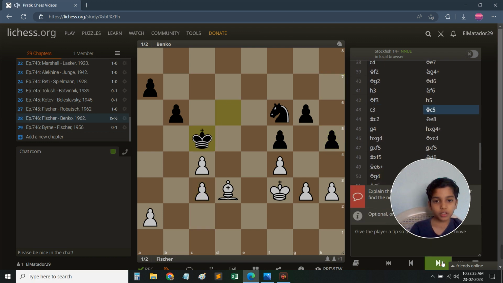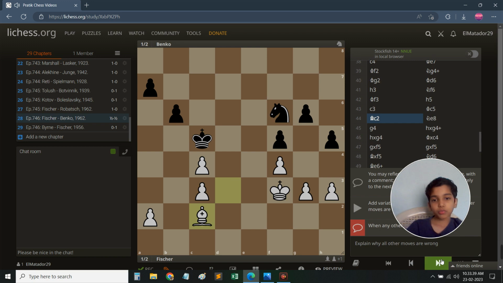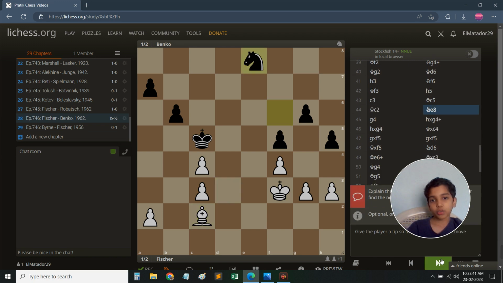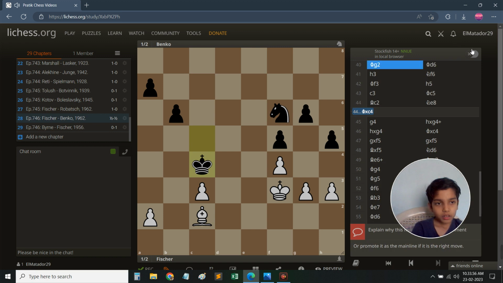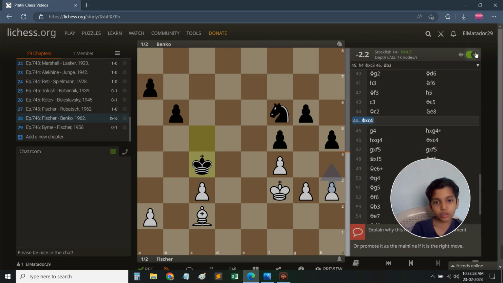c3, king c5, black advances on the inside. Bishop c2, white can't do anything, he has to give up a pawn. Like if black takes here, then there are some complications, to be fair, but here,